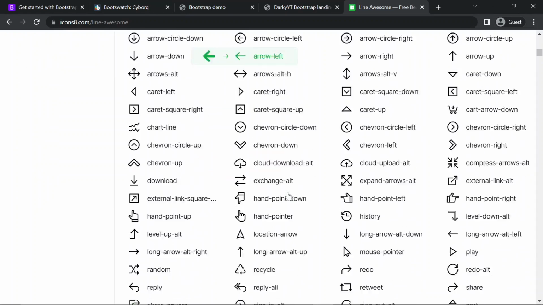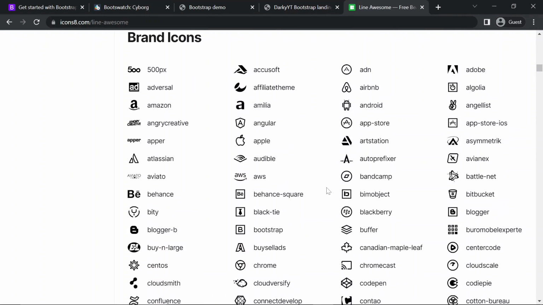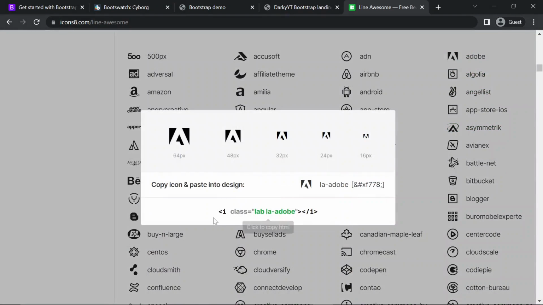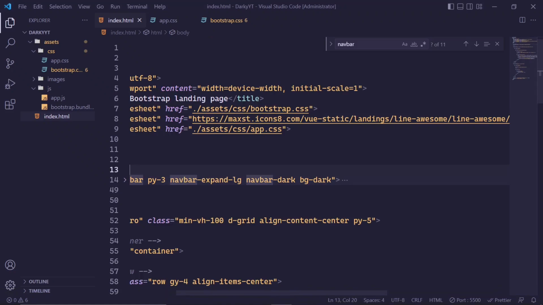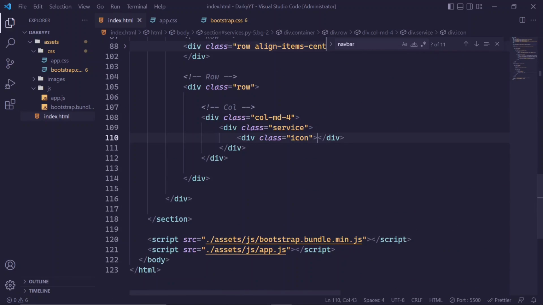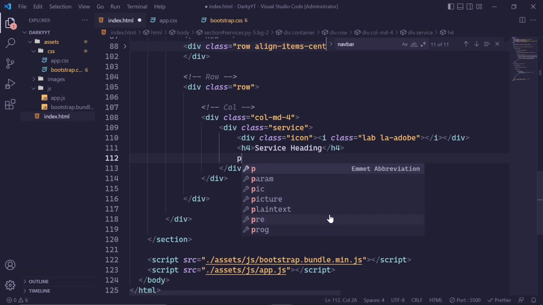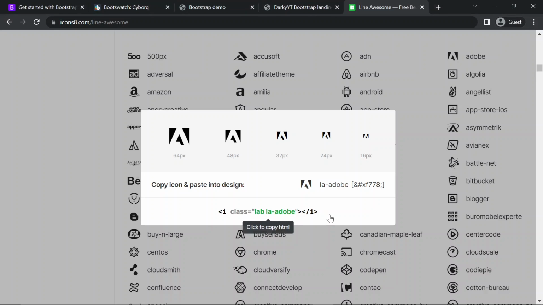So let me grab this icon. I'm going to go to this services section. Here I'm going to paste this icon. All right, and then I'm going to put a heading 4 tag, and this is going to be the service heading, and I'm going to put a paragraph. The text is going to be lorem 14. All right,